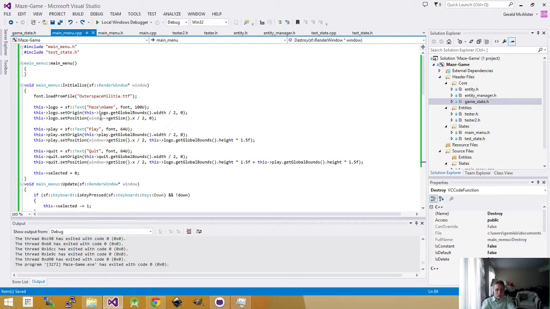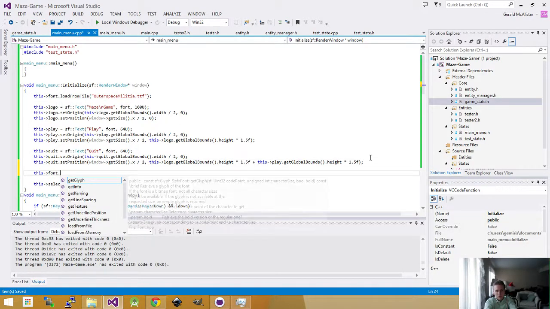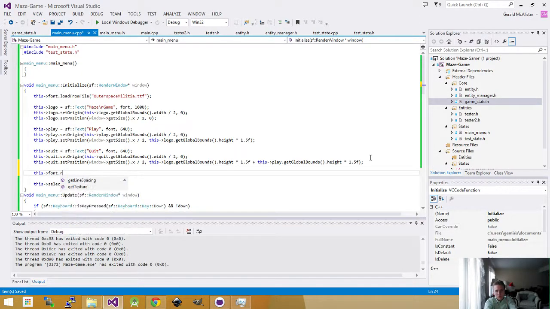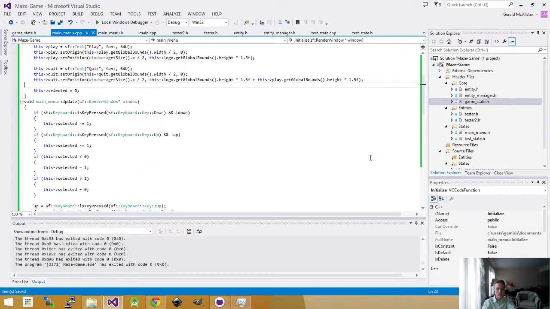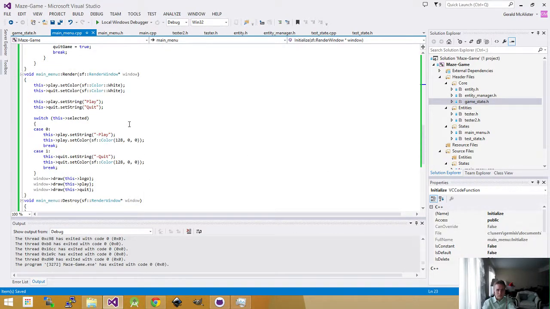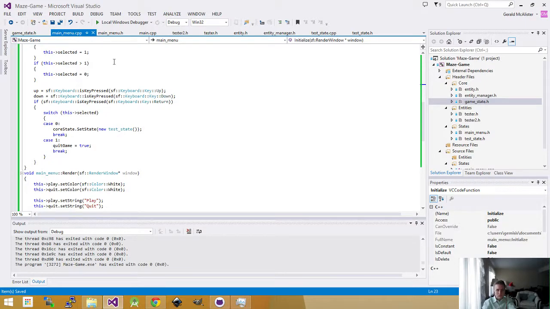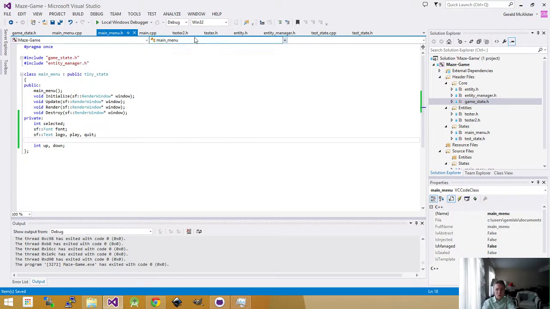So let's go through here. So font we have there. Now let's double check that we don't need to call specific font deletion, which might be the case. Font release. Nope, because that should all be handled automatically. Okay, so let's go back to Entity Manager